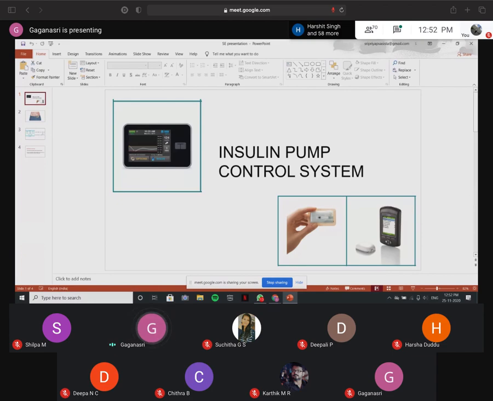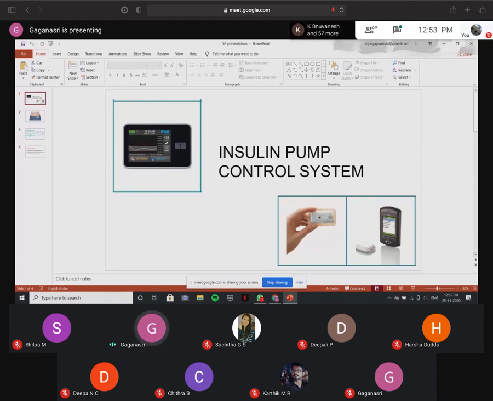This insulin pump control system is a medical system that simulates the functions of our pancreas.